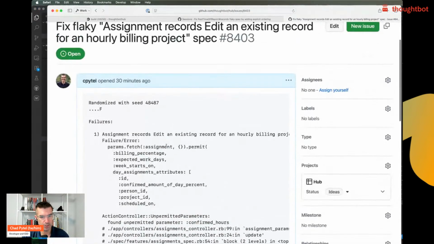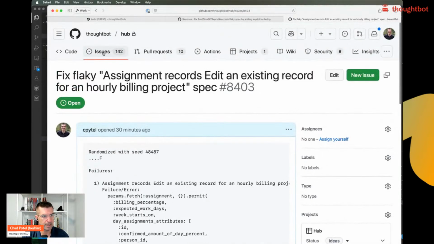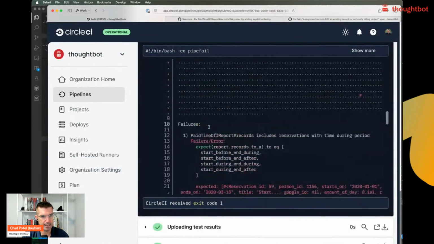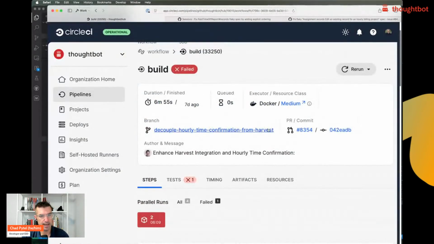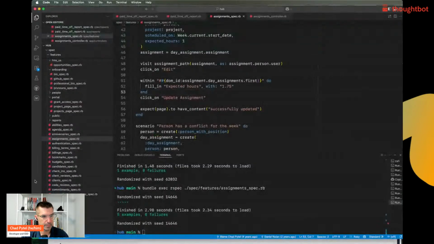I have a suspicion that this is actually not on main. Let's go over to Circle CI. Yeah, this is in somebody's development branch that they're working on now. So